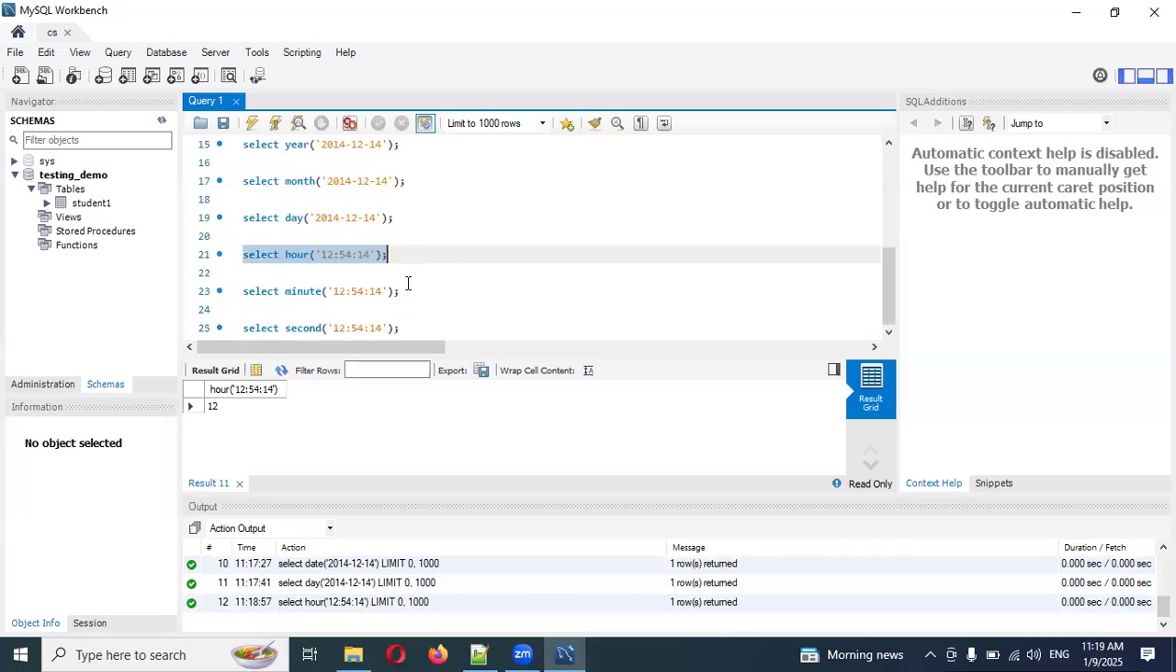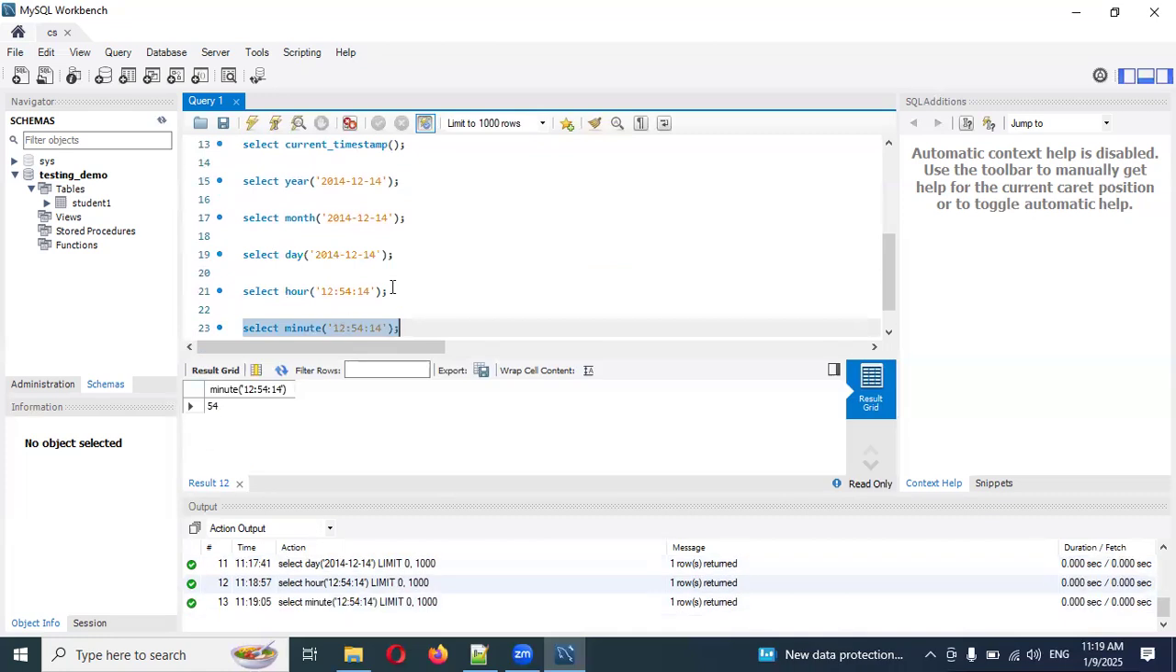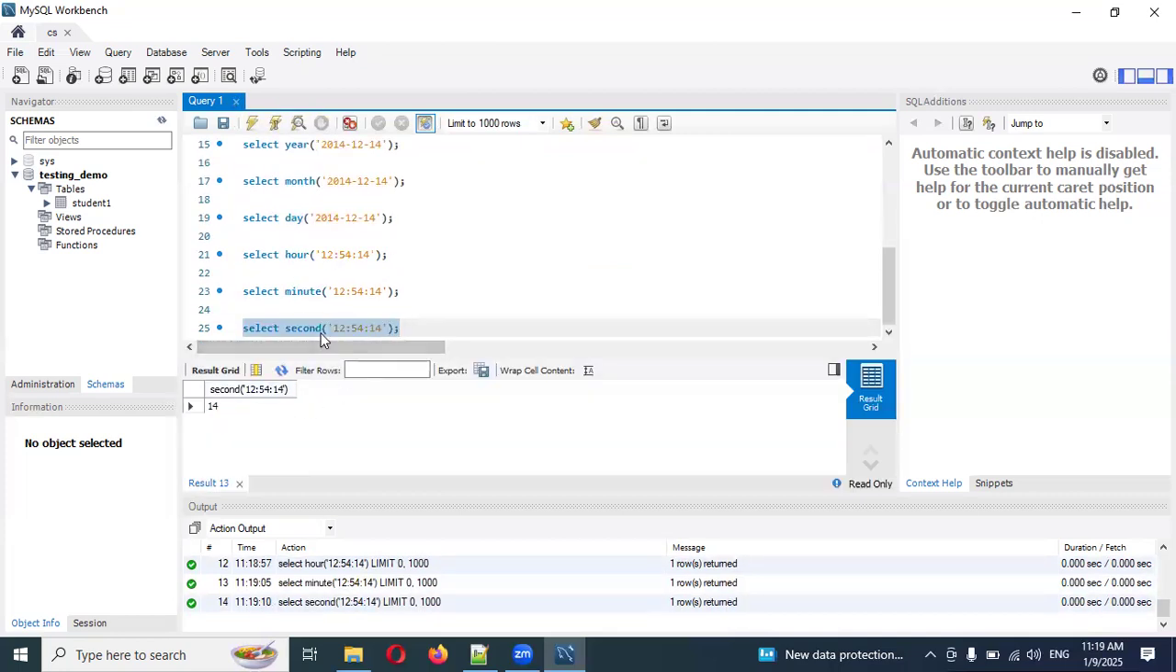Okay, and if you want the minutes, it will extract the minutes and provide the minutes. Okay, and for the seconds it will get the seconds. How many seconds and all, it will return that as well. Okay, if you provide something for the day, now this is the one, right? Now you got the day, and if you want the day of the week,